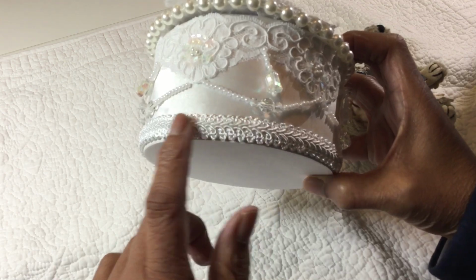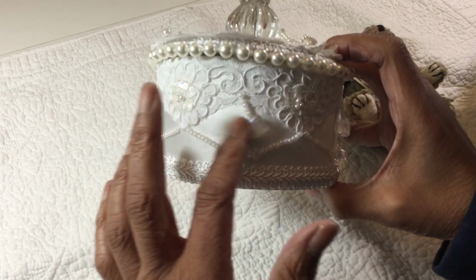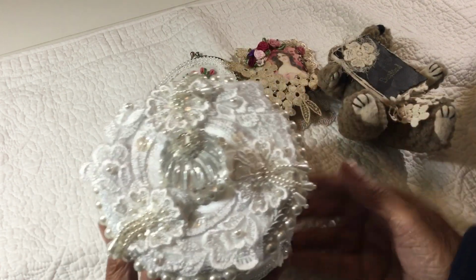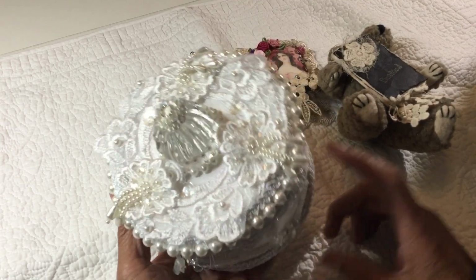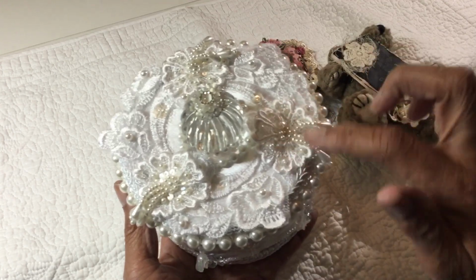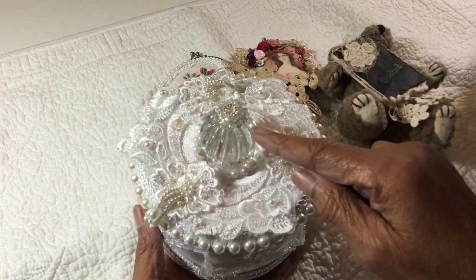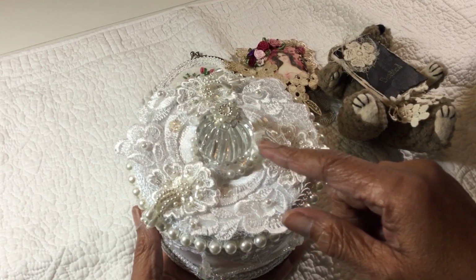And then I've just trimmed it with a little bit of gimp trim, some bridal trim, and then embellished it with beads all the way around. And then on the top, I've completely covered it with different bridal appliques, or bridal pieces rather, and then I've used some applique flowers that have dangling beads, and then the knob here is one of those cabinet or drawer knobs that you can buy